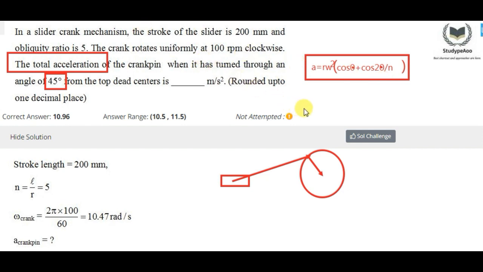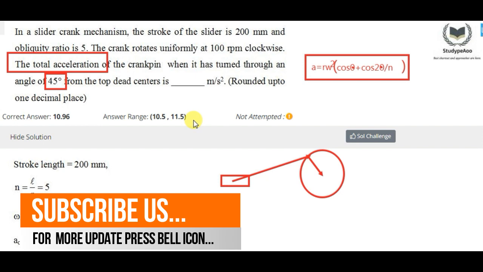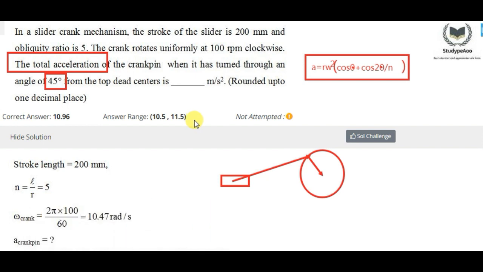So what I was telling you, that there is a trick in this question which examiner may play with you and you are supposed to make that mistake in this question. So now I am going to tell you what mistake you can commit in this question. So here you can see this acceleration. If you use this formula in this question, then you are going to be wrong. Why? Because in this formula, this acceleration is for piston in slider crank mechanism. When you are asked to find out the acceleration of piston in slider crank mechanism, then you use this formula.